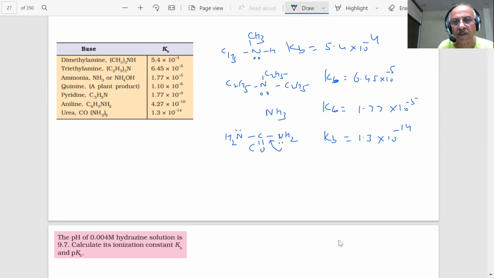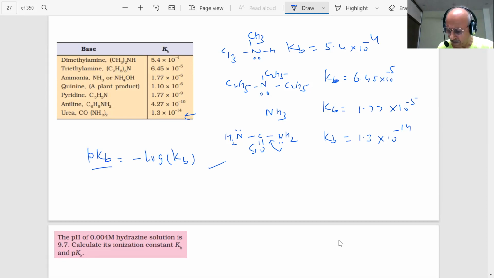You know about this. If the lone pair is taken away, the basicity will decrease, and it falls to 10 minus 14. See how weak the base is. So comparison is possible, students, by using this. And we can also use pKb as minus log of Kb, students. So some questions could be there in the exam based on Kb and pKb.